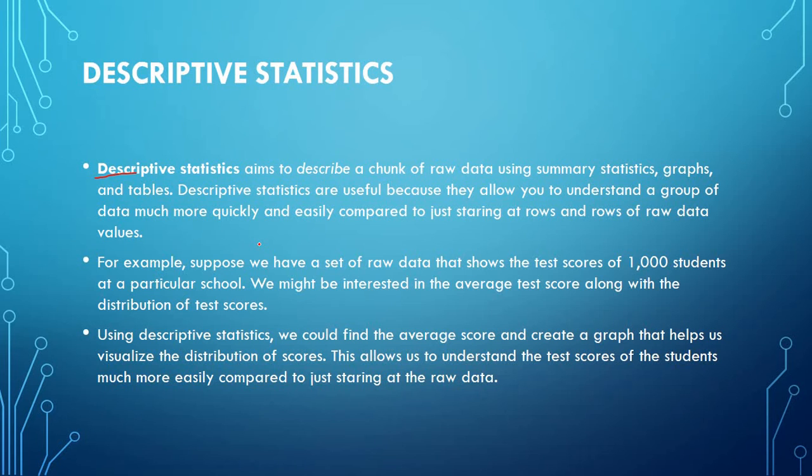In descriptive statistics, you will find summary statistics, graphs, and tables. When you are doing descriptive statistics, for example, you have n equal to 50 observations, for example, patient details. Okay. Or for example, you have marks of different students. We have 50 students having different marks. So by seeing the data, you cannot say anything. You can just say n is 50.